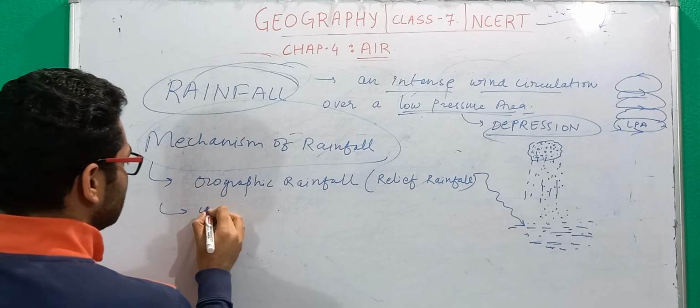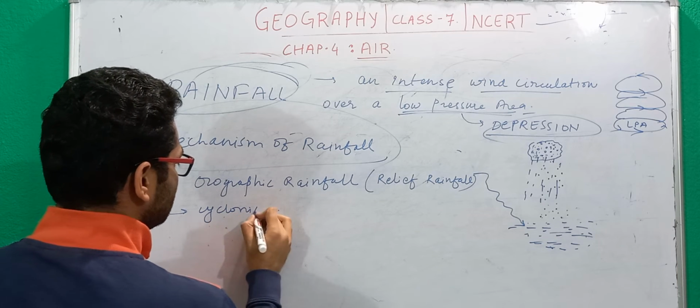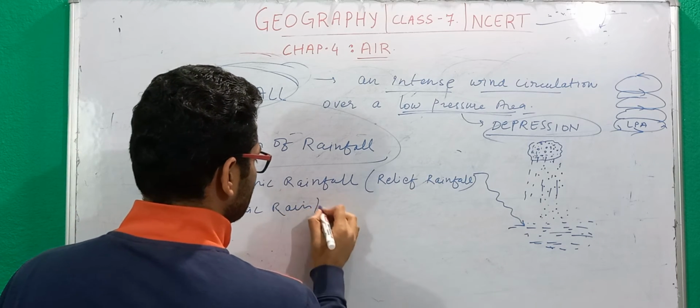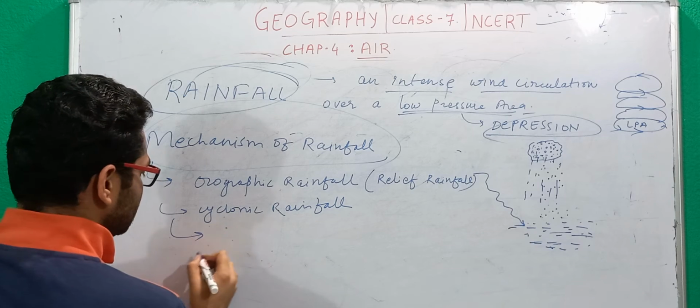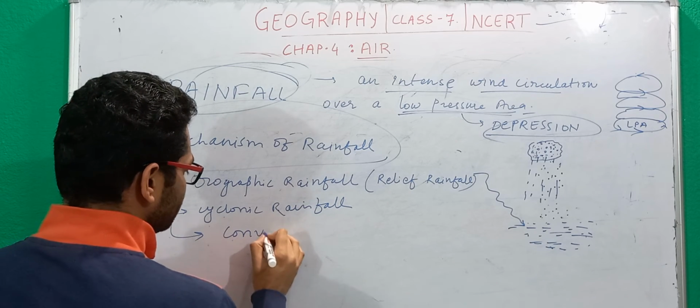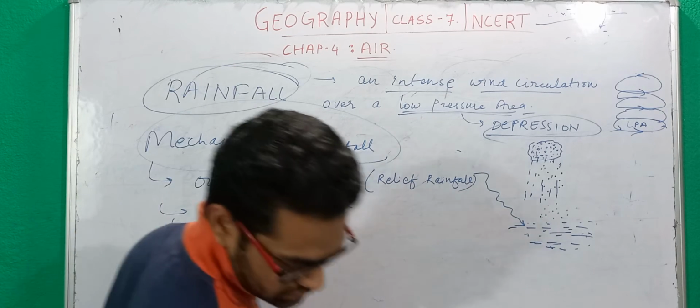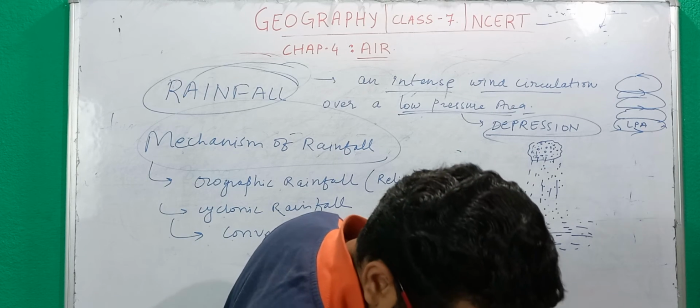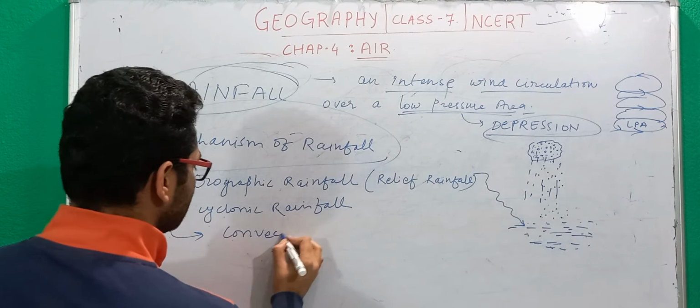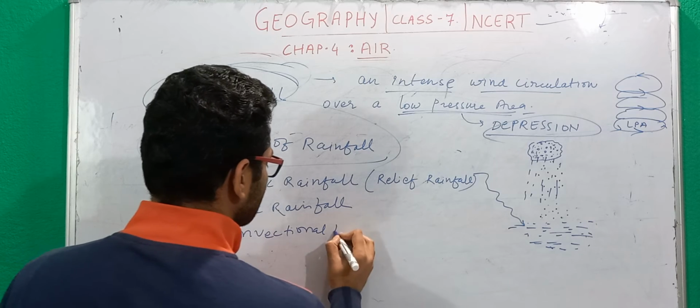Then we have cyclonic rainfall, and then we have another called convectional rainfall. So the third is basically convectional rainfall. Okay,